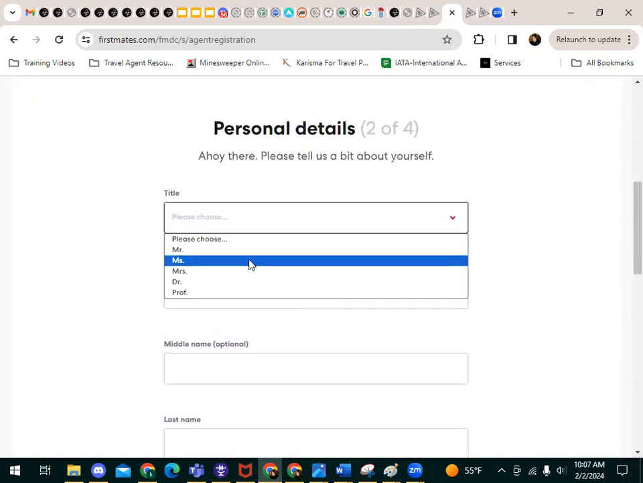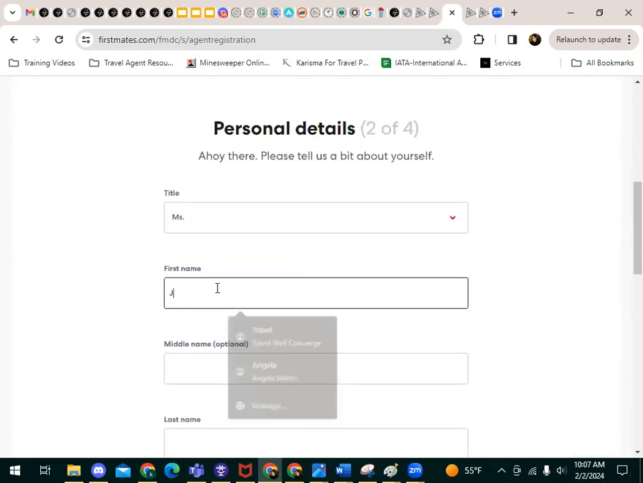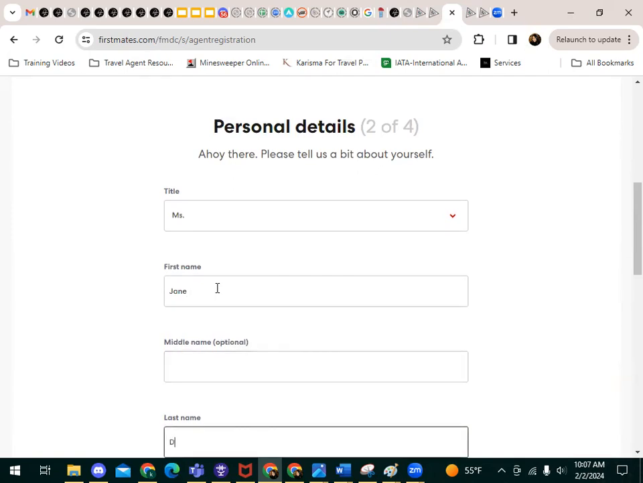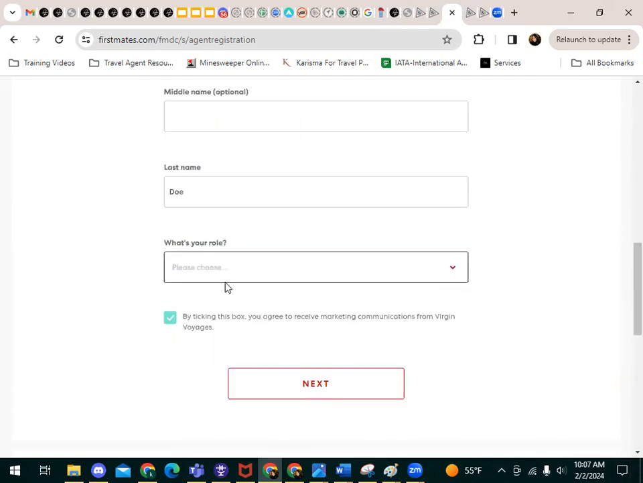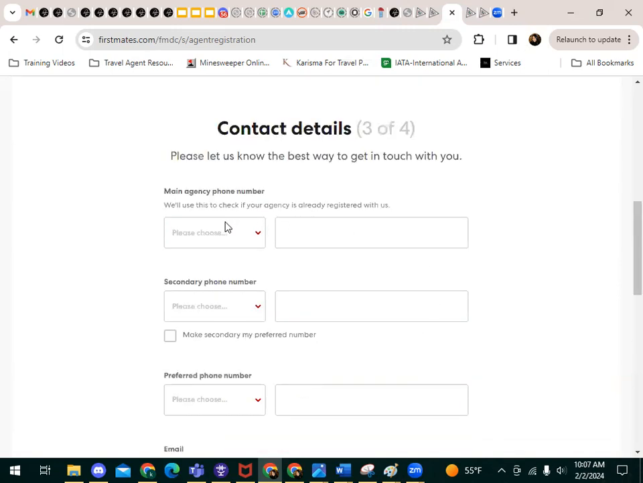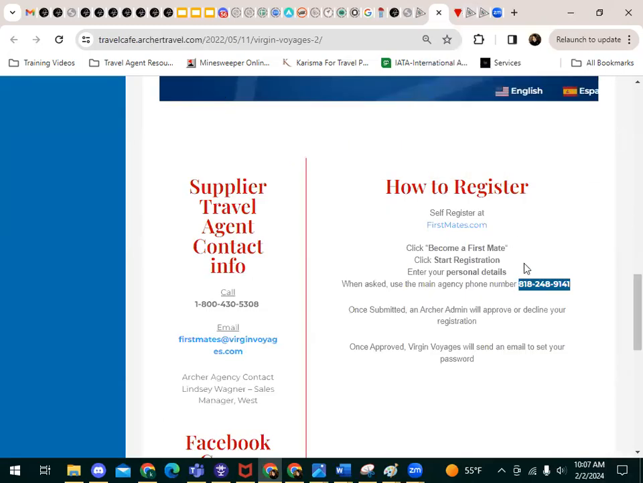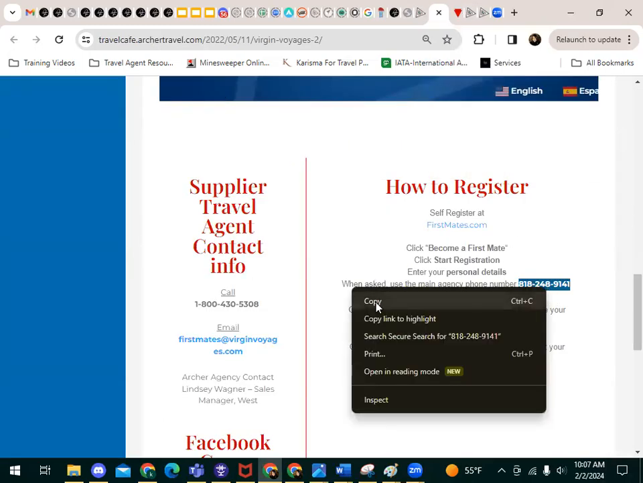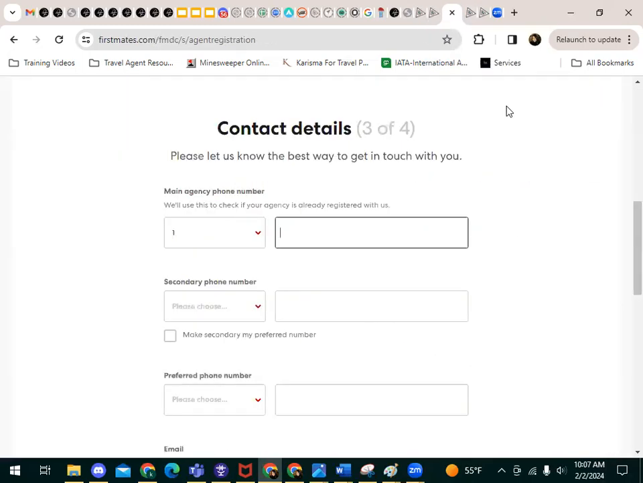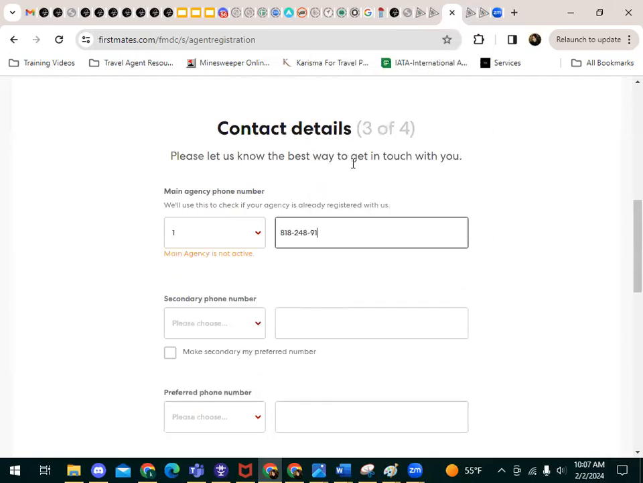So I'm just going to put in a Jane Doe again so we can go through this. And then I'm going to put a sales agent. I'll put that, and I'm going to click Next. Main agency number. We're going to choose the 1 because that's the US, indicating it is a US number. And I'm going to come back here, and I'm going to copy this number, and I'm simply going to paste it here. Hopefully it pastes over correctly. It did not. So we're just going to type in the number,